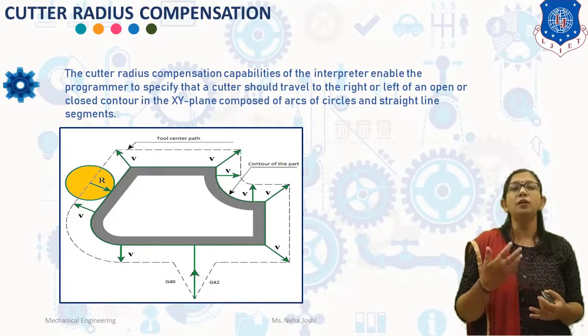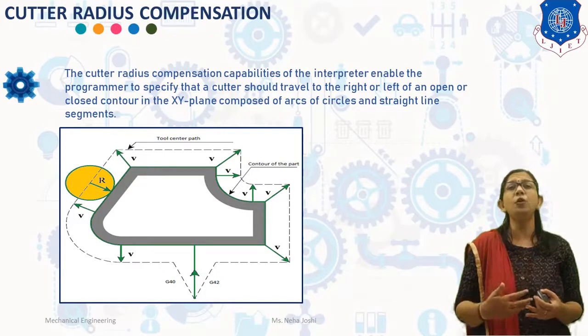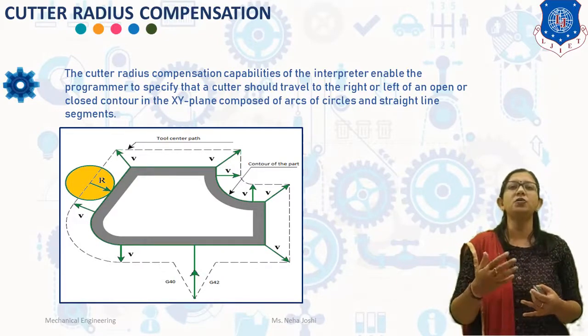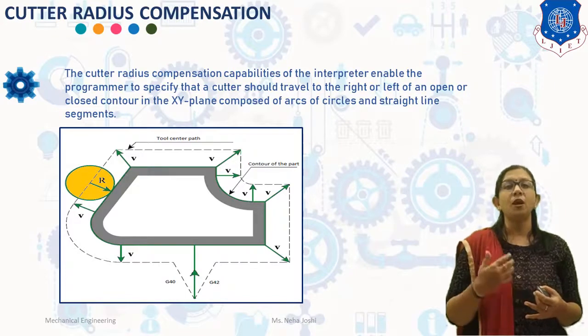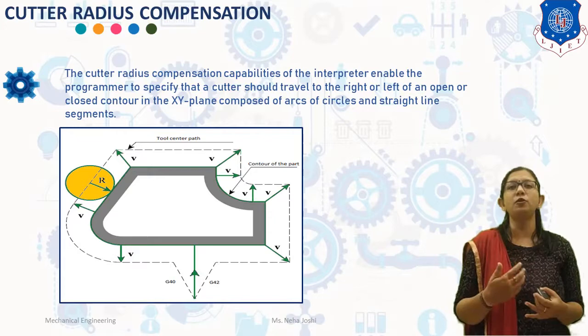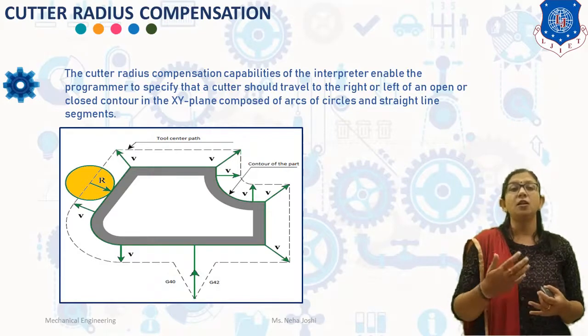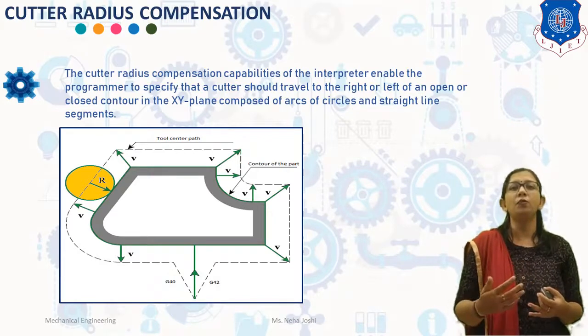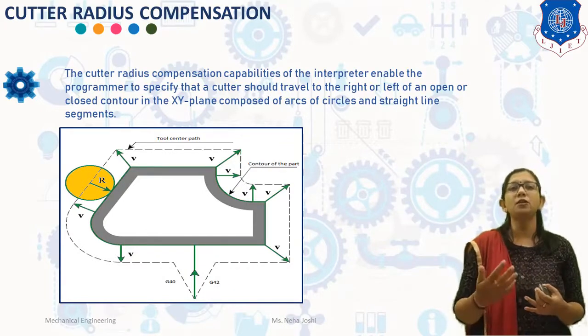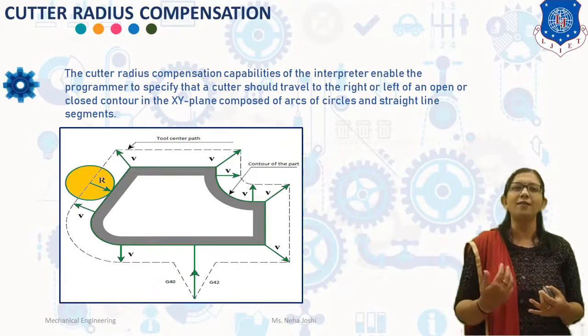G42 is used when the cutter is on the right of the program toolpath when looking in the direction of the tool movement, and hence radius compensation is to the right of the program contour. The tool radius is always positive if the program path is determined for a specific size of the cutter. The compensation value would be positive or negative depending on whether the cutter used for machining is oversized or undersized.